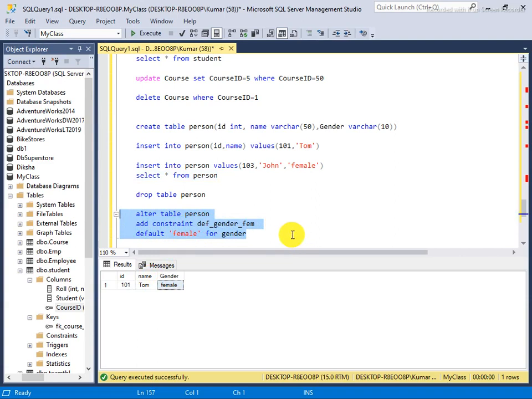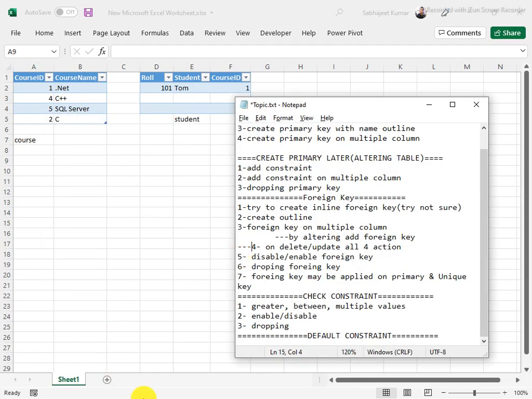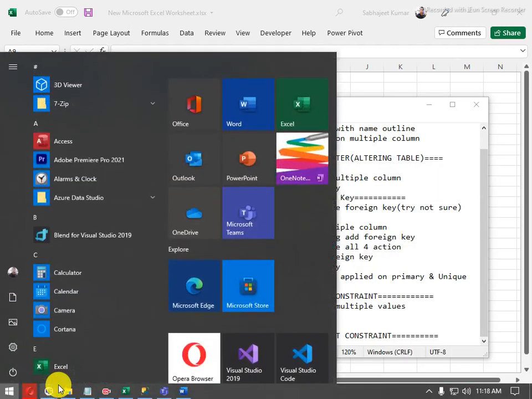So now I stop the recording here, and I am sharing all the code. I will also upload this video and you can check it. Some part is still pending from constraints or table integrity, which is the unique and check constraints.